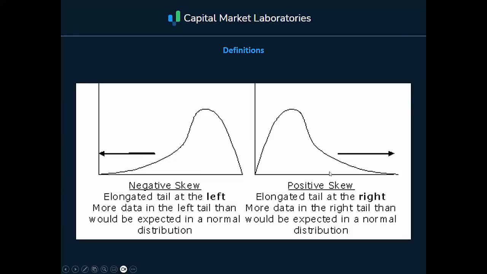Now, here's positive skew. This is what people would normally refer to, what people in statistics would call the log normal distribution. This is stock returns, because stocks can only go down 100%. There is no tail risk in a stock like that. It can go down to zero. But hypothetically, and we're being hypothetical now, a stock can go up infinitely. They don't, but there's a very, very, very long right tail. So stock return distributions are log normally distributed. So that's positive skew, that's negative skew. If that picture didn't work for you,